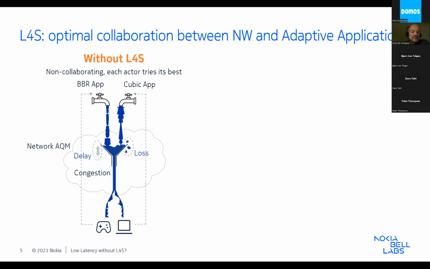And all these, you could say, one-ended mechanisms often have to assume worst case conditions that result in medium or sometimes even bad performance. As you can see, there's a lot of fluctuation and variation in queue sizes and flow sizes. So it's not that optimal a situation we are in today.